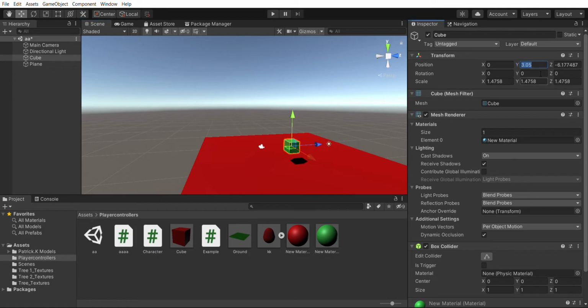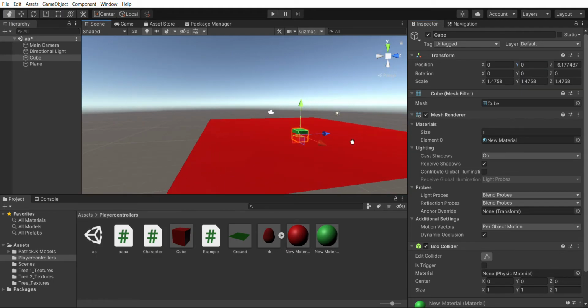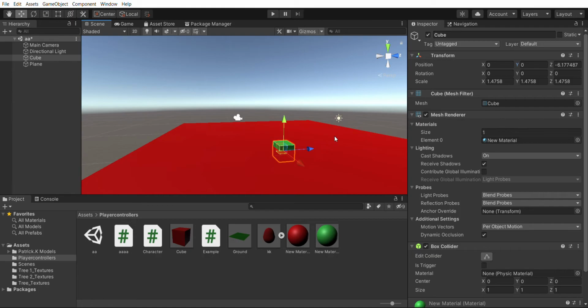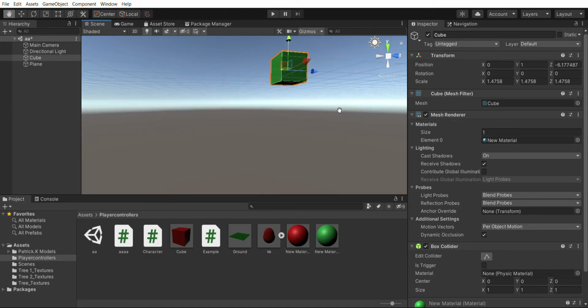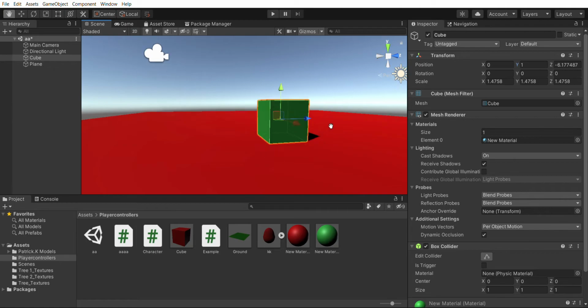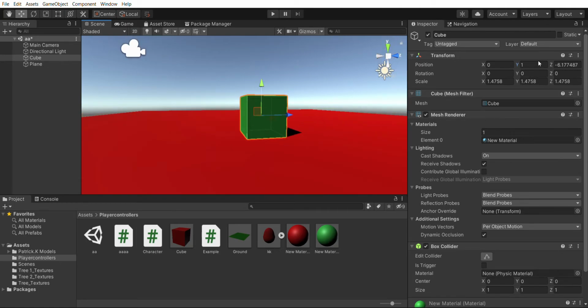Then we will choose the Y, and see, if you select 0, then it will go halfway down. Why? Because 0 is the value for the center of this cube. So we should choose something like 1. Is 1 correct? I don't know, I'll just select 1.2, 1.1, yeah, done. Or maybe 1.06.